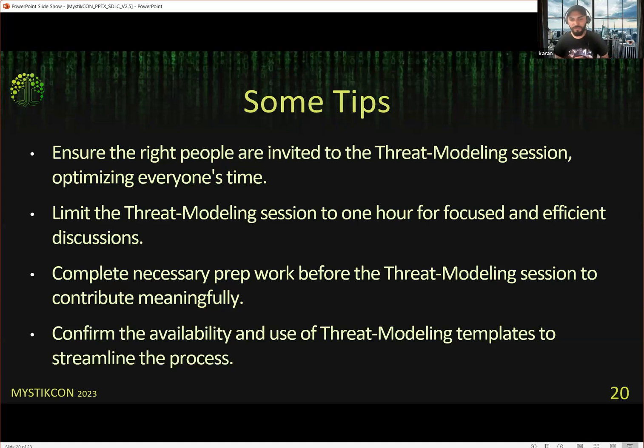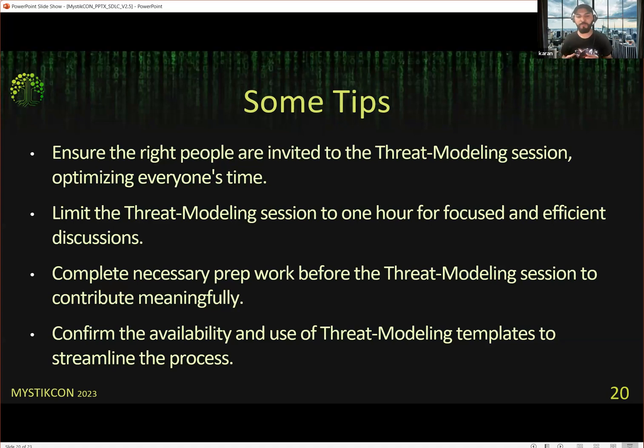Another thing that I want to mention is, as a security team, you probably want to have a proper, well-established threat modeling template that you use, and that template should be standardized across the whole organization. You don't want various teams to create their own threat modeling templates, because you're going to lose all of the consistency. Let's say you get auditing done on your internal security processes, and the artifacts that you produce may not match. Therefore, there is no consistency when it comes to threat modeling.